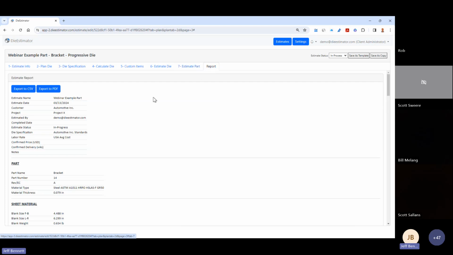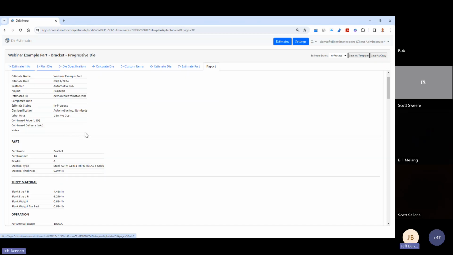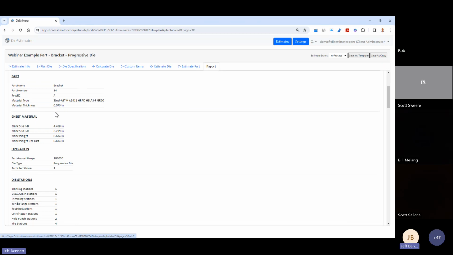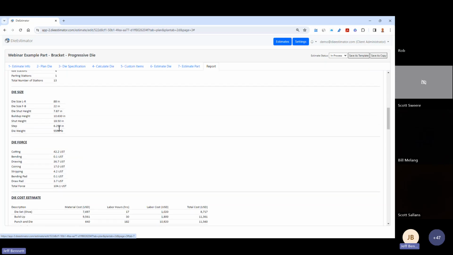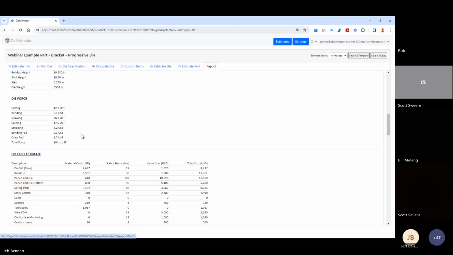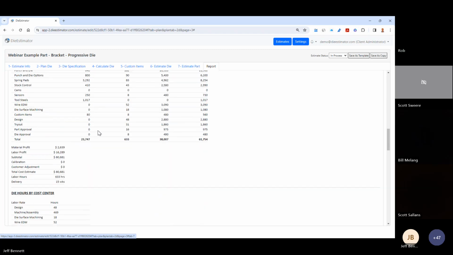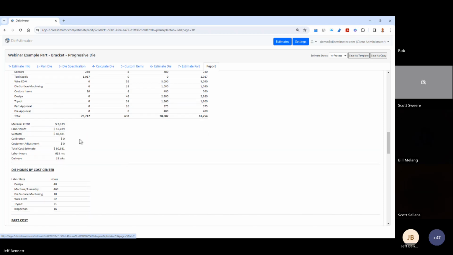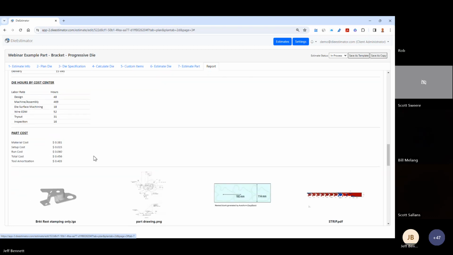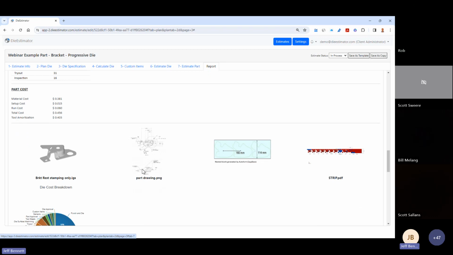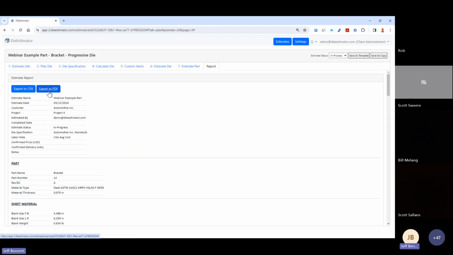The report is quite detailed in Die Estimator. So here's my header type information about the part, my sheet material usage, the operation, and die stations that we define for this die. Your die size, including an estimated die weight, tonnage breakdown, cost matrix, cost summary, and hours by function. And then here are the images that I use to quote the die, and I can then export that as